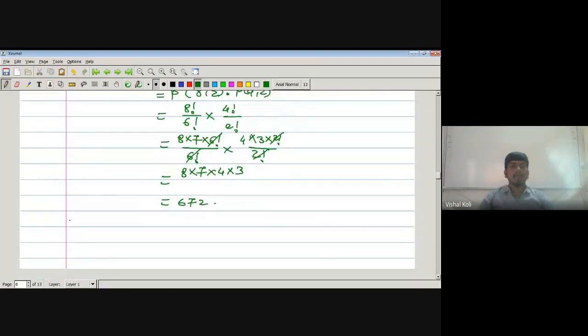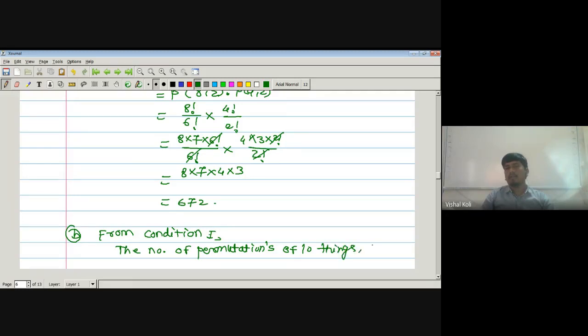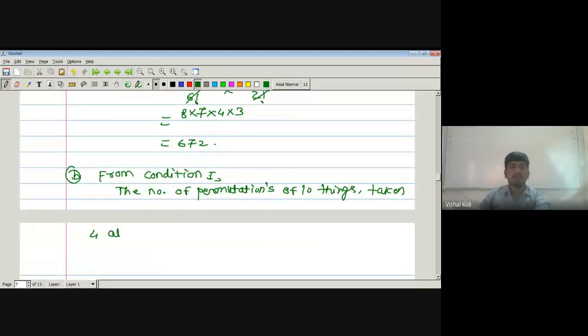Now we have to solve the B. Okay. So from condition 1, the number of permutations of 10 things taken 4 at a time in which two things never present or never occur,